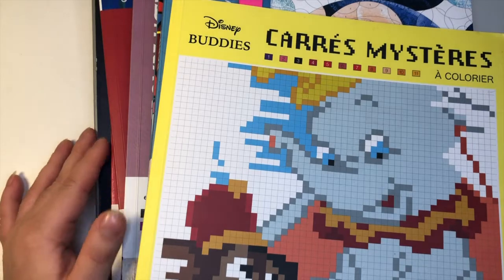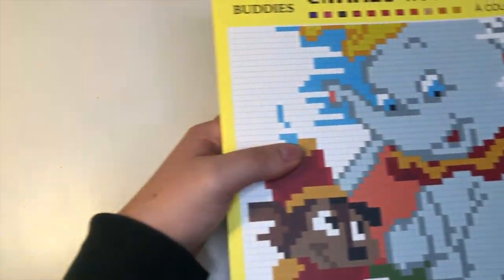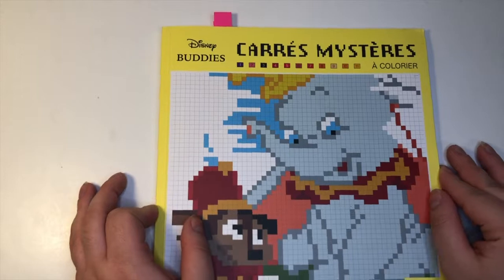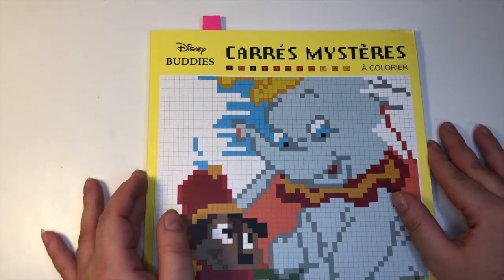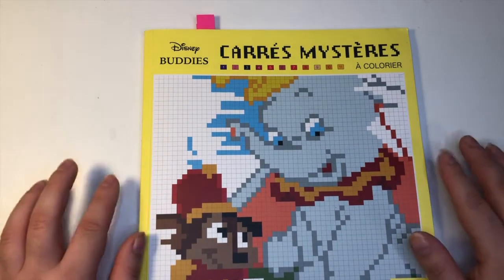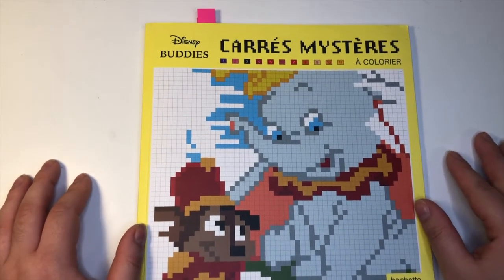So yeah, I did the running total on the number of completed pages out of the total, and it's quite embarrassing because if you look at the total, I really haven't done that much in these books, which is sad because I really enjoy them and I have a bunch of them on my wish list and I always contemplate getting more. But to start off, we can look at the Disney Buddies, Hachette Heroes, and I do